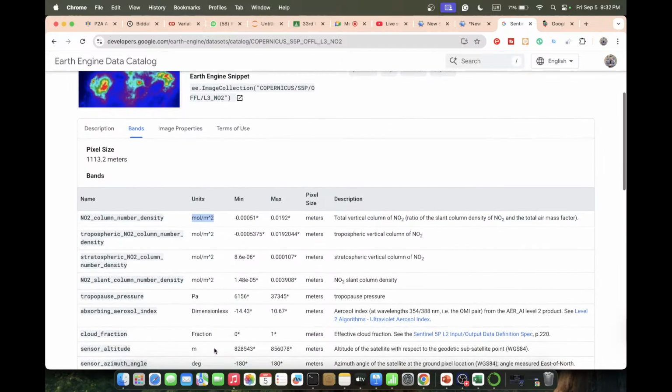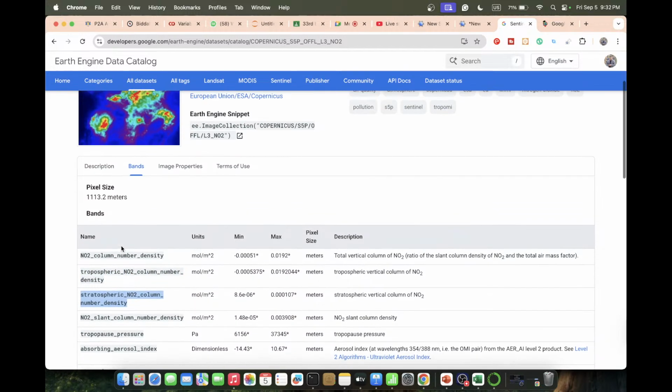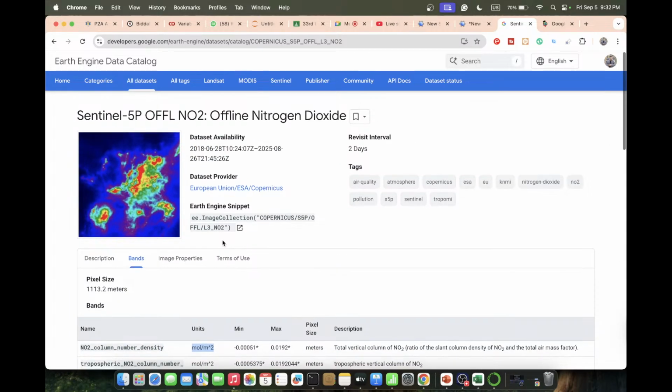And also you can see another column, called the tropospheric, this is another phase of the atmosphere, tropospheric nitrogen column number density, then stratospheric. So I want to compute the density: where is the high density of nitrogen dioxide, where is the low density. So that's why I simply use this band, nitrogen column number density, in mole per meter square. So first of all, you need to simply copy this snippet ID